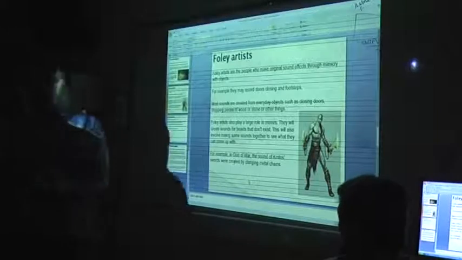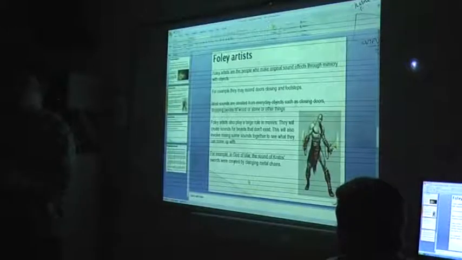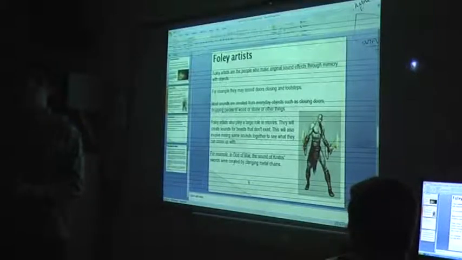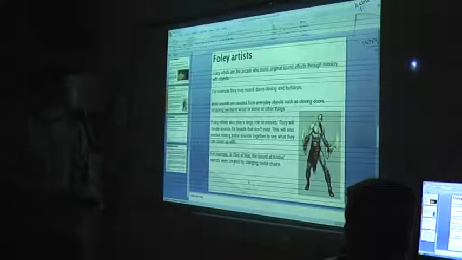Right, Foley artists are the people who create the sound for your games, so your footsteps and stuff like that. Also big production animations like The Incredibles and things like that. Because it's only animation, there's no sounds there to go from. Most Foley artists have a wide range in the library that they've already recorded from previous things, so they can just use them, but it's better to create an individual sound for the thing you're looking at. It just makes it more unique and more realistic as well.